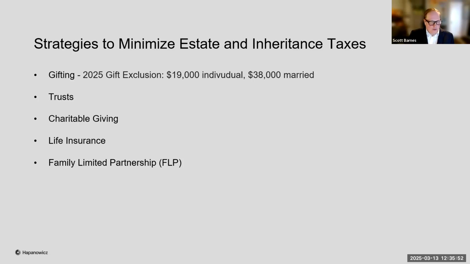If you own a business or income producing real estate, the use of a family limited partnership can be an effective way to help minimize the estate or inheritance taxes. Typically, a parent will set up a FLP and transfer their business or income producing real estate into that FLP. They are considered the general partners and have full control of the FLP and all of its assets. They then gift limited partnership interests to their children or grandchildren or whoever it might be,